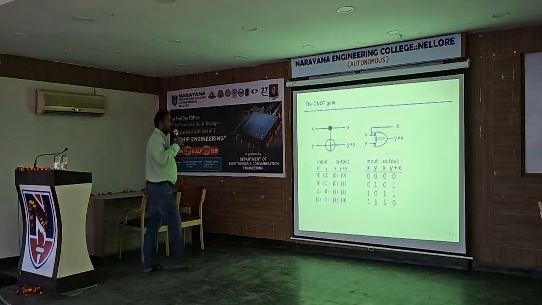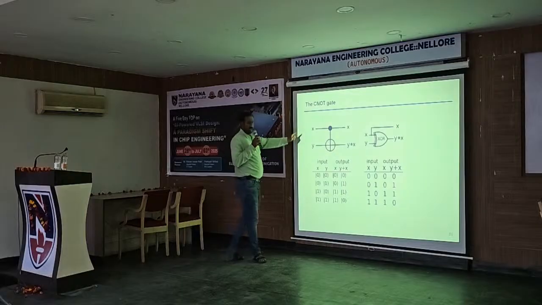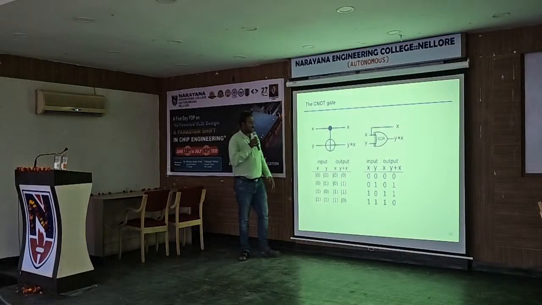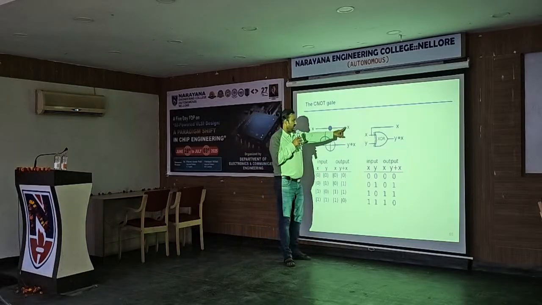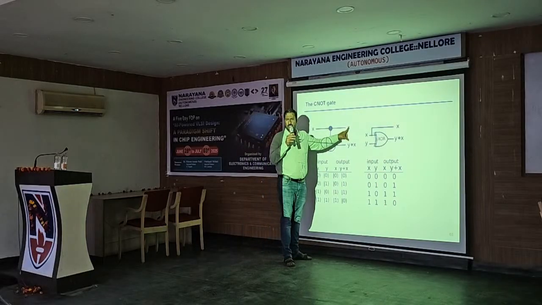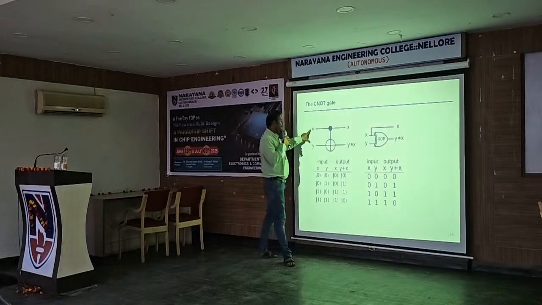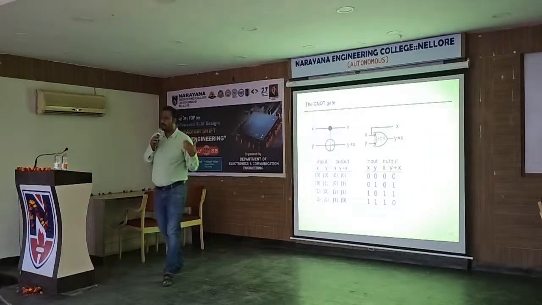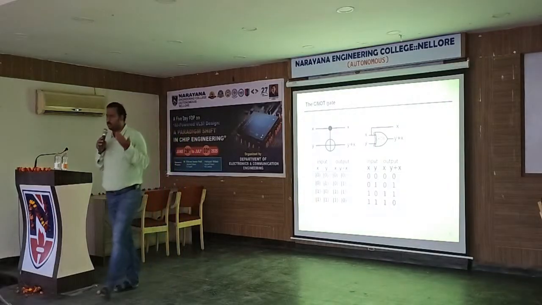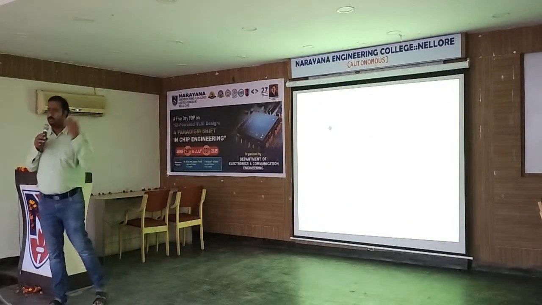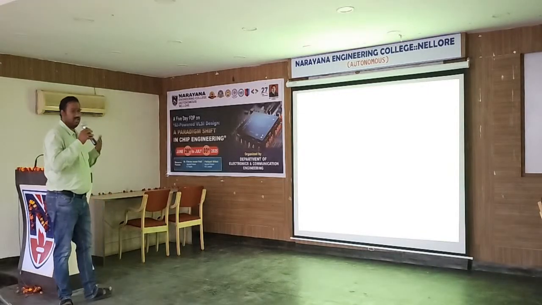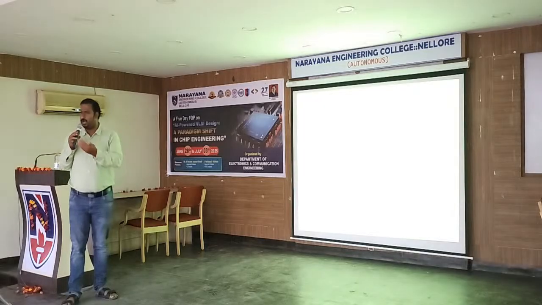Okay, this is the XOR gate, and quantum gates are reversible gates. For example, you take these outputs, and from the outputs you can get back the inputs. Whereas in the AND gate, you give the two inputs and you get an output, correct? From the output you will never be able to get back the input. So in quantum, all the gates are reversible. From the output you can get back the input.